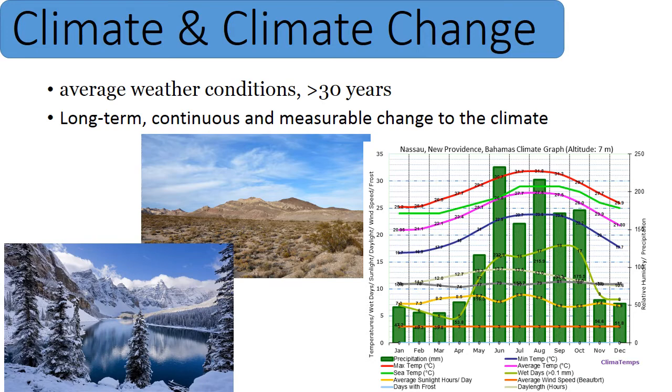Climate change is statistically significant and measurable changes to the climate. So it's looking at how the climate of a place changes over time. It's not looking at the weather from day to day. Now, the climate of different places has changed over time in the past, but what is different about now is that the climate is changing at a very rapid rate. It's changing faster than it has ever changed before. And so the big questions that scientists are looking at are what are the implications of these rapid changes to the climate, and also what is causing these changes to happen so rapidly.